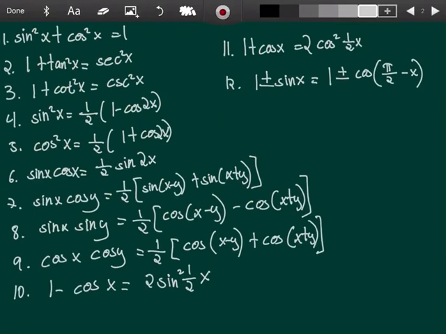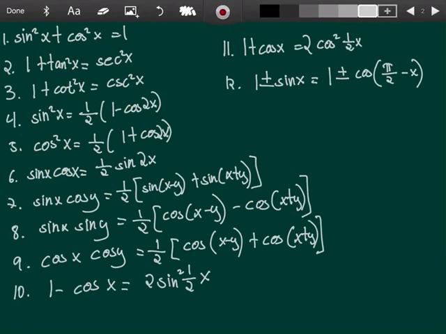We will start with sine squared x plus cosine squared x is equal to 1, up to the 12th identity, 1 plus minus sine x is equal to 1 plus minus cosine of pi over 2 minus x. I need you to memorize this one. You have to write this in your notebook or on your index card. We are going to use this to simplify